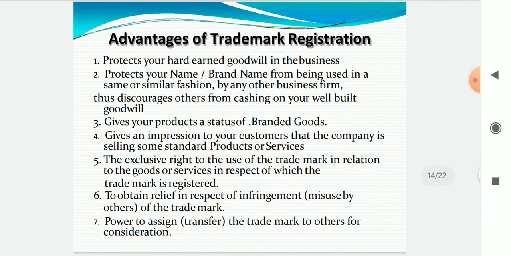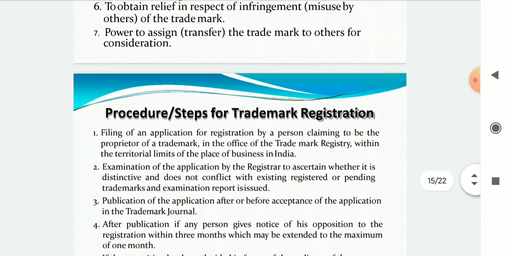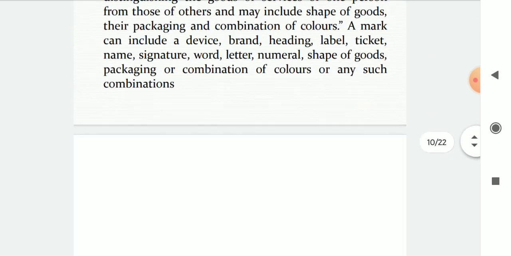The advantages of trademark registration are: it protects your hard-earned goodwill in the business, protects your brand name, gives a product the status of branded goods, gives an impression to your customers, allows you to obtain relief in respect of infringement, gives exclusive rights to the use of the trademark in relation to goods and services, and gives the power to assign the trademark to others for consideration. Procedure for